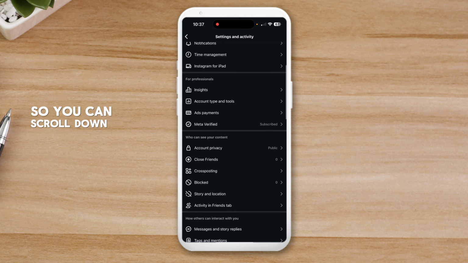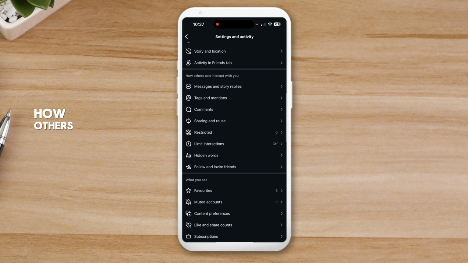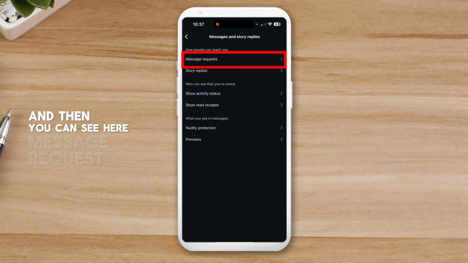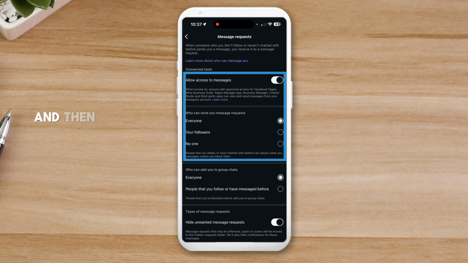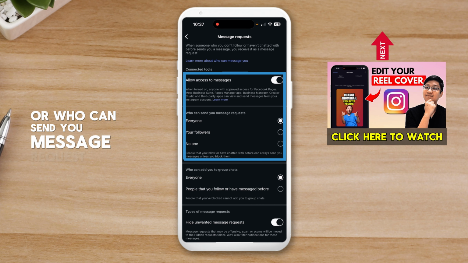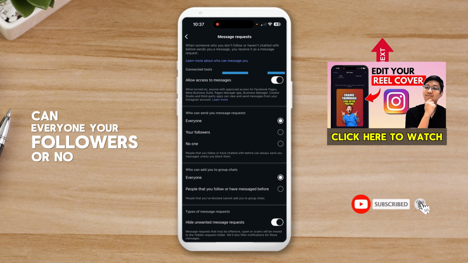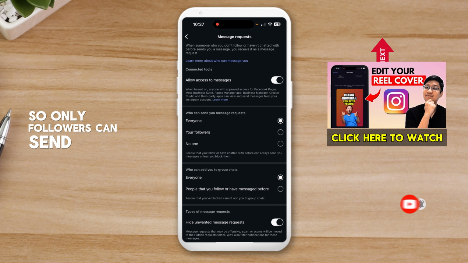So you can scroll down, you can see how others can interact with you. Then you can see here messages and story replies, click on that, and then you can see here message requests, just click on that, and then you can allow access to message, so anyone can message you or who can send you message requests, and everyone, your followers or no one, so only followers can send message to you, which